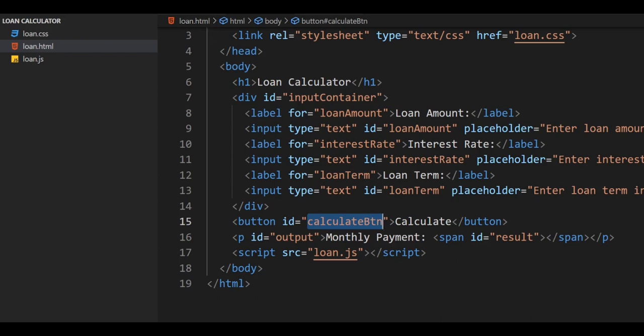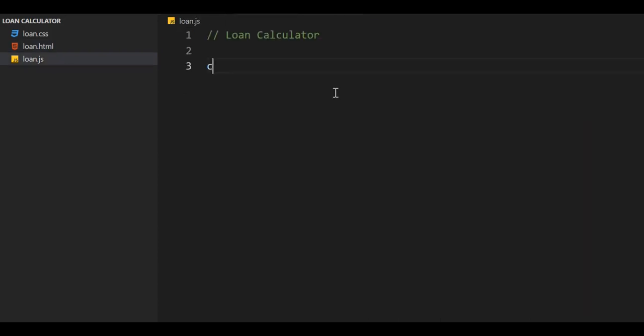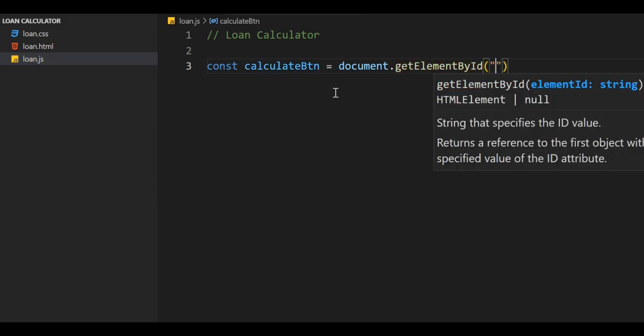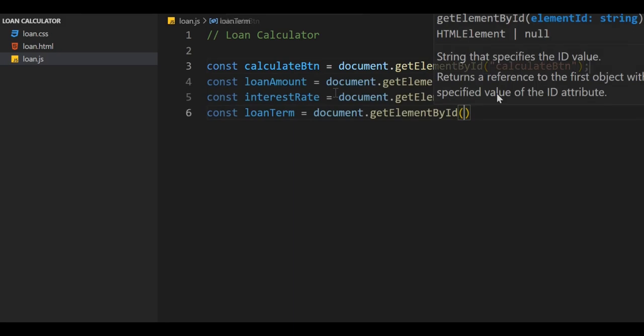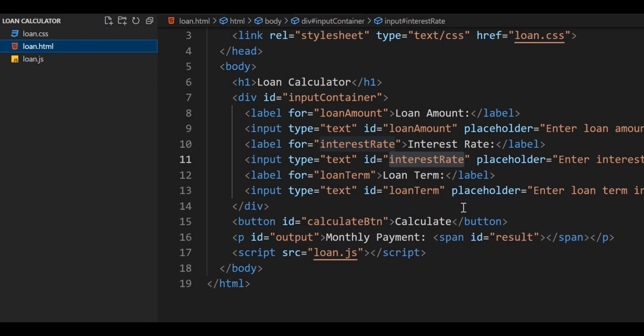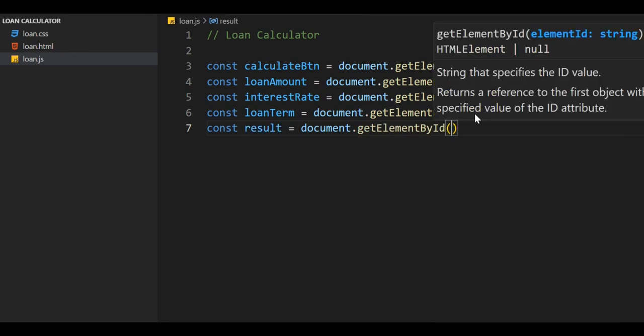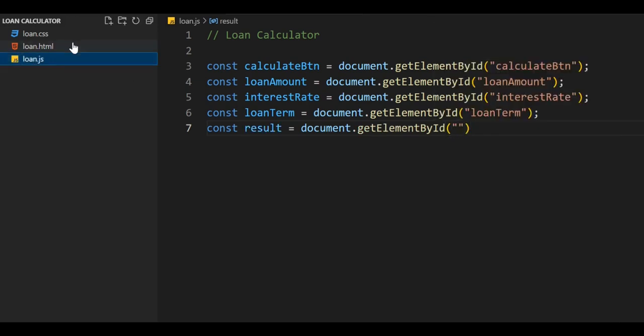So we declare basically 5 variables for different IDs, one for calculate button and the other for loan amount, interest rate, loan term and result. We gonna add event listener for calculate button click functionality,